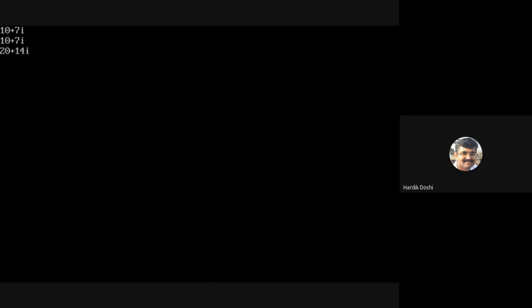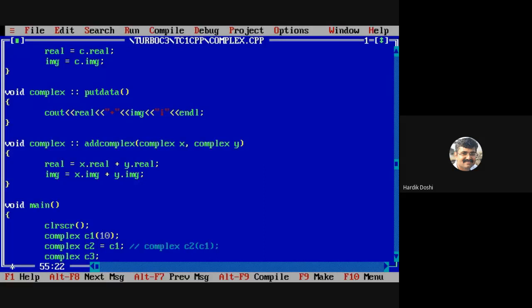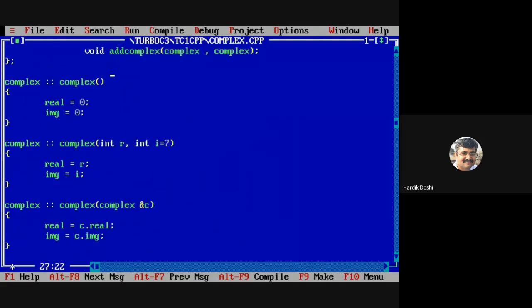So what is this termed as? Constructor with default arguments. Just note down the concept name, constructor with default arguments, and simply write down this part. Nothing more to be written. And again the same rule applies: the default argument should be at the last, on the right hand side, the rightmost side.